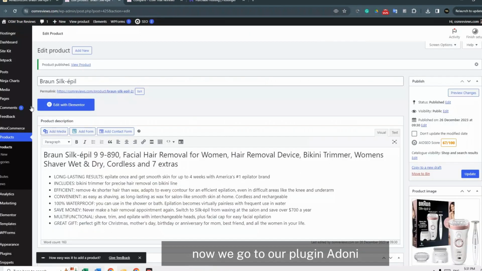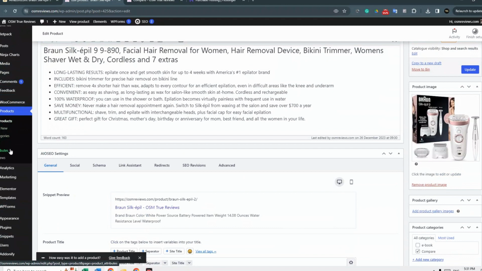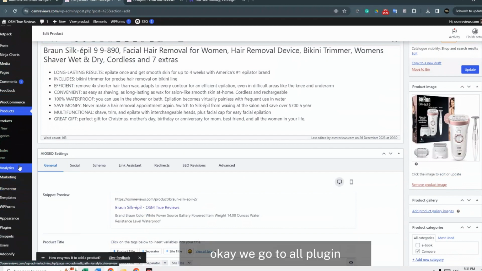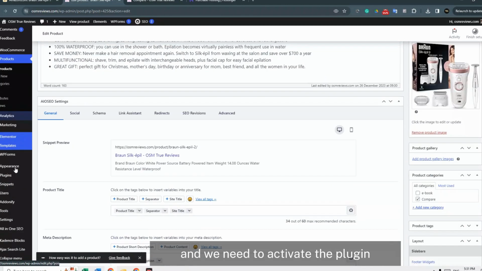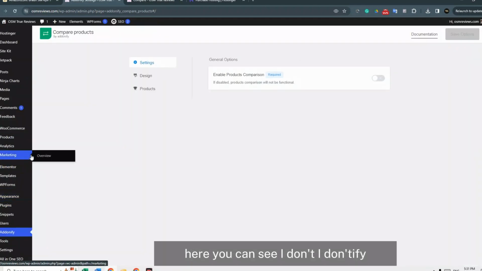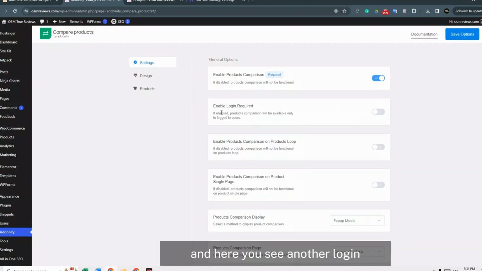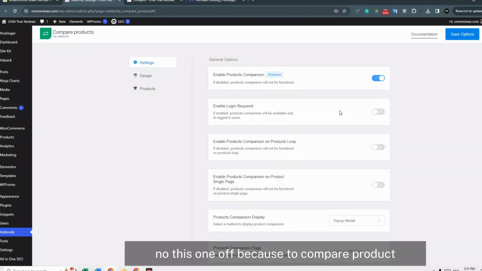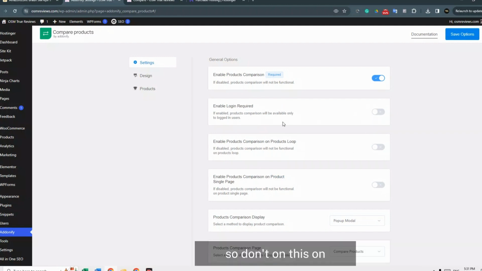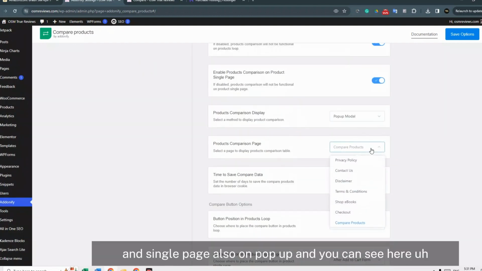Now we go to our plugin, Addonify. You find the plugin here. We go to all plugins and activate the plugin we installed. You can see Addonify. Addonify will make the comparison of our products. And here you see enable login. This one is off, because to compare products customers would have to take time to log in. So don't turn this on, and single page is also on, pop up, and you can see here